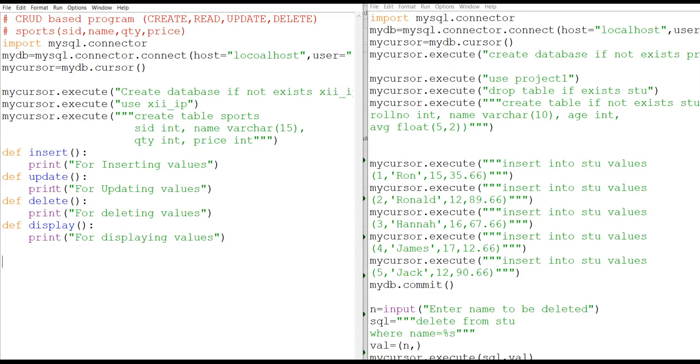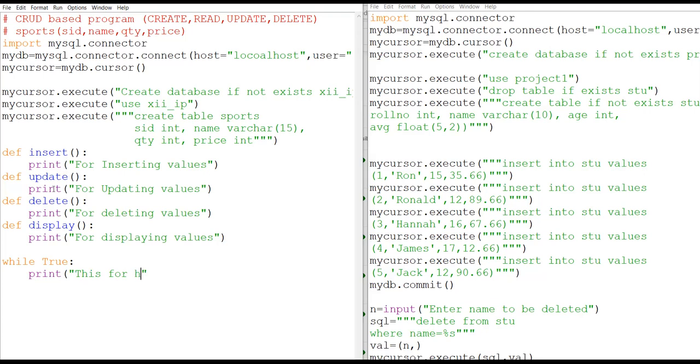Okay, then we are going to create a menu driven program. So it will be something like this, while true. Then we will be asking a choice from the user. First we will display one menu, and then we will be asking a choice from the user. When you are creating a project, you can make a proper menu also. Okay, so the very first thing is print.